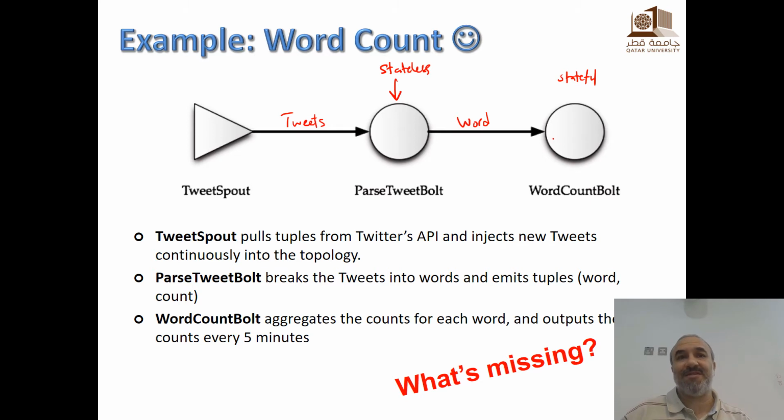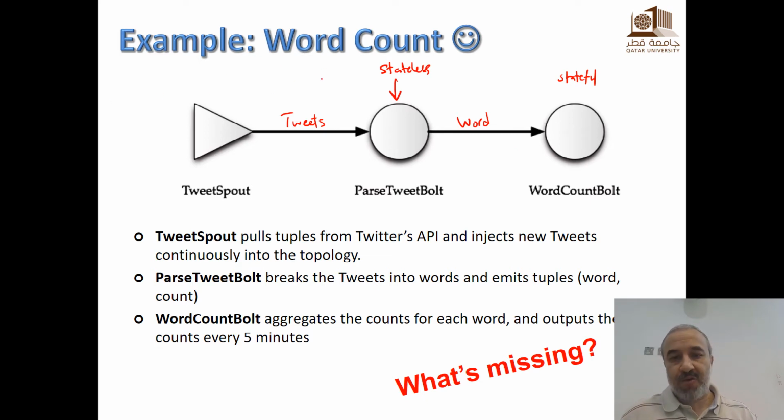What do we need? Remember in MapReduce, what did we need here to make sure that we have correct output, correct counts? Okay, we need to save the state, but to save the state, this is different from having correct output. If I want the correct number of occurrences or frequency of the word Qatar, for example, what do we need to guarantee here?